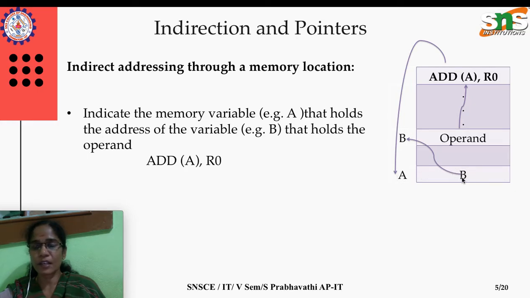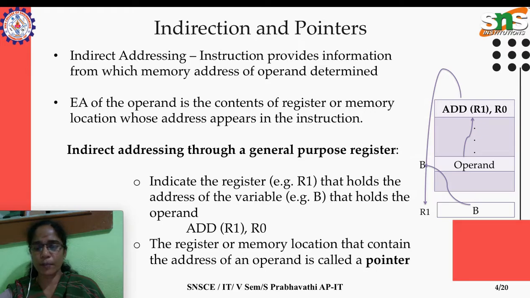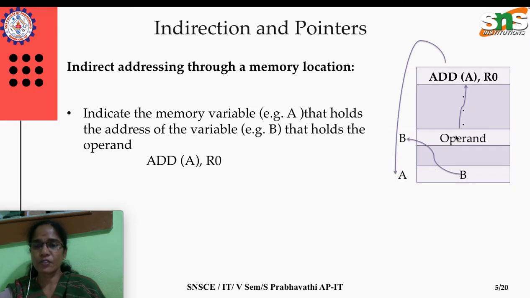Okay, we won't get the operand value, so we will get the address of the operand, and this is the effective address and we could get it. Similar to the previous one, previously a register is used, here memory. So generally today's computers will go for the previous addressing mode through general purpose registers, because to get an operand value we will be referencing the memory only once. Here first we go to the register, and from the register to memory,